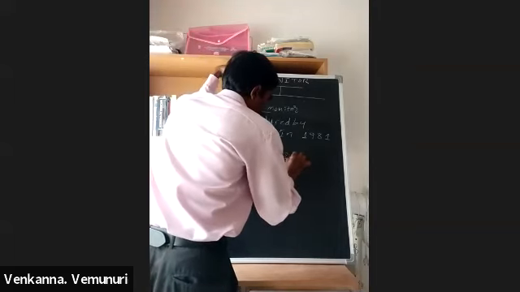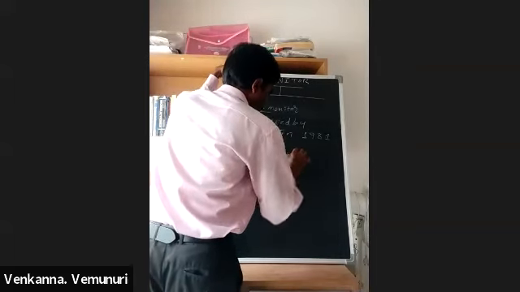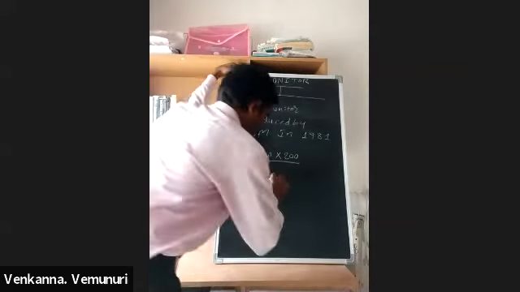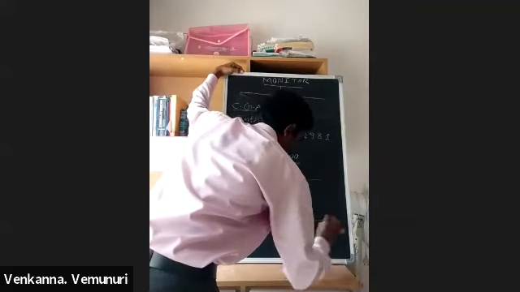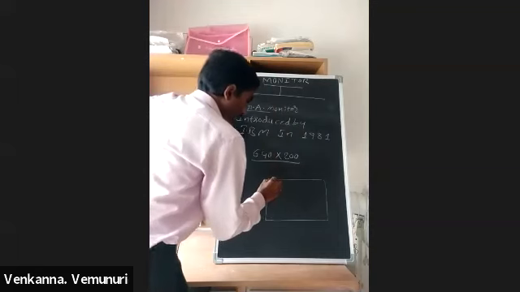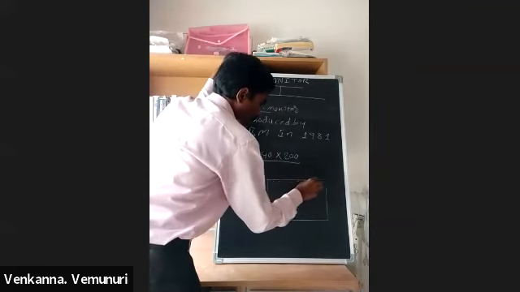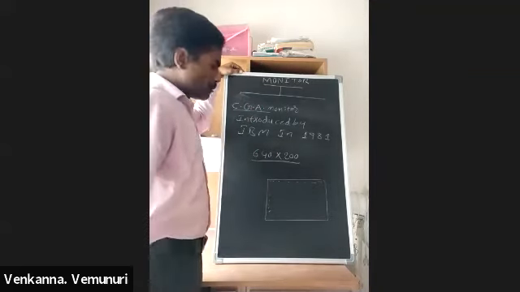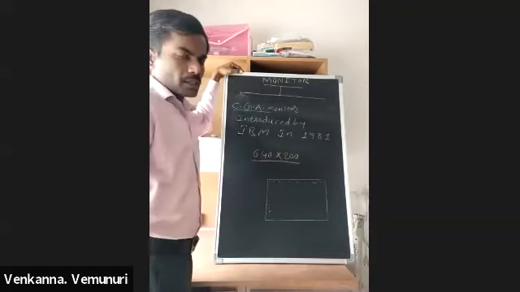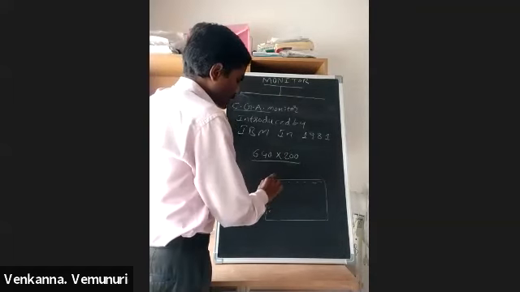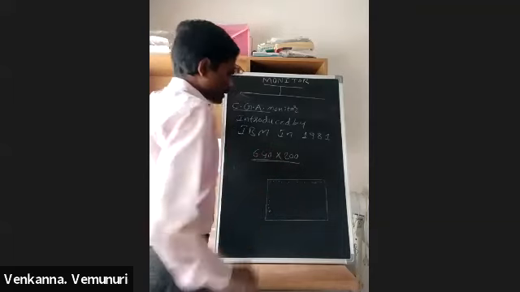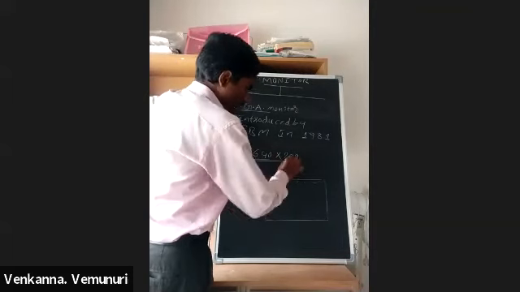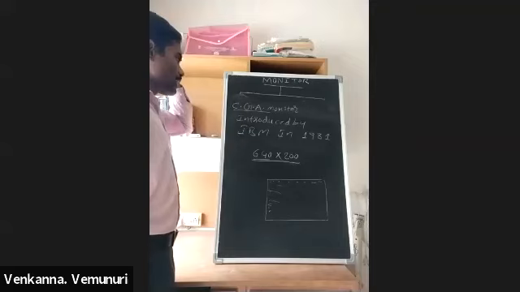640 and 200. This is the monitor resolution. Resolution means, for example, this is the screen. In this screen, horizontally 640 dots and vertically 200 lines. It is called resolution, meaning horizontal multiplied by vertical. In one line there are 640 dots, and here 200 lines. This is the first one, CGA monitor.